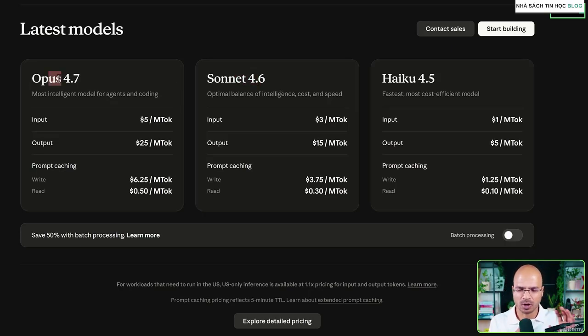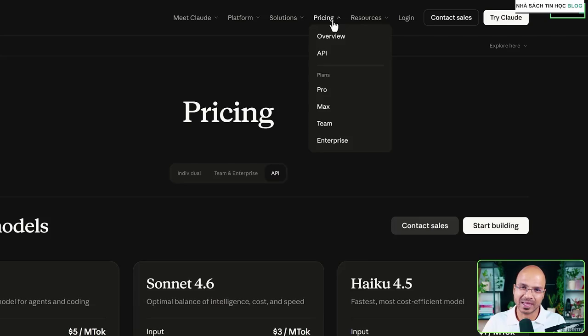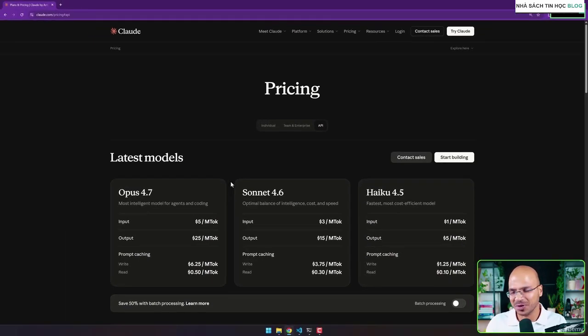And don't worry, we'll talk about this later in detail, which one to use when. So which is better? I would say if you have a plan, that is much better because you don't have to pay for the tokens. Then you have to always think about how many tokens are getting consumed. But if you just want to learn this entire course, API should work only for this course. Then you are not paying $20 or $30 in that case. You're just paying $5 to $6 if I'm not wrong, provided you're not using Opus there.